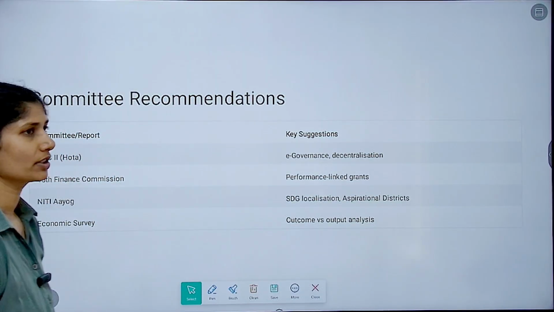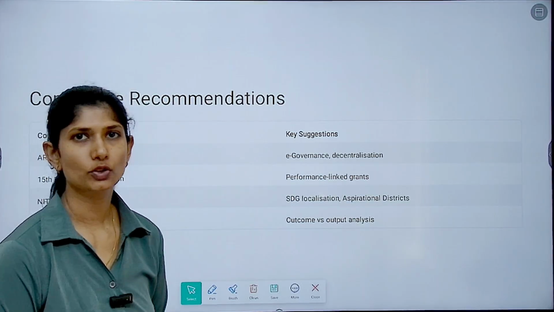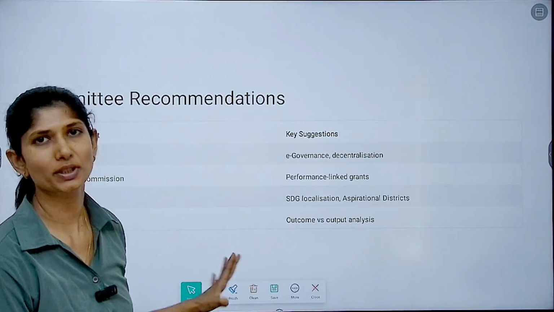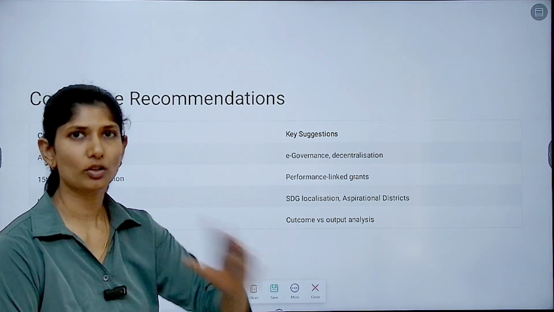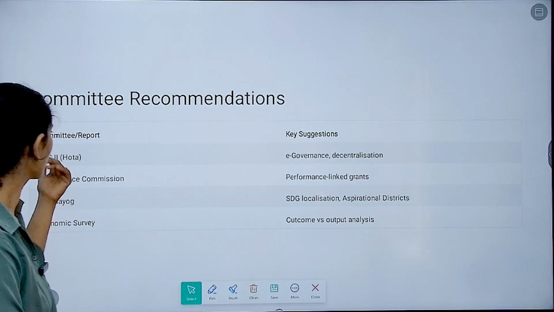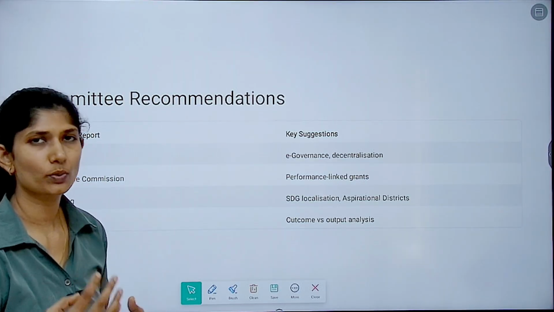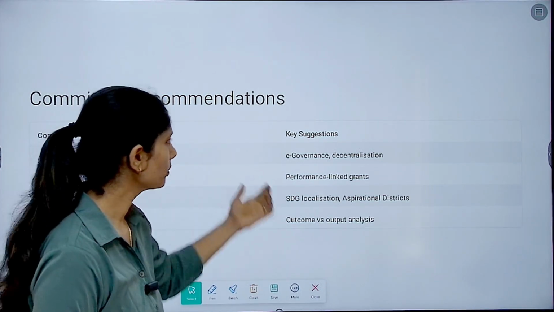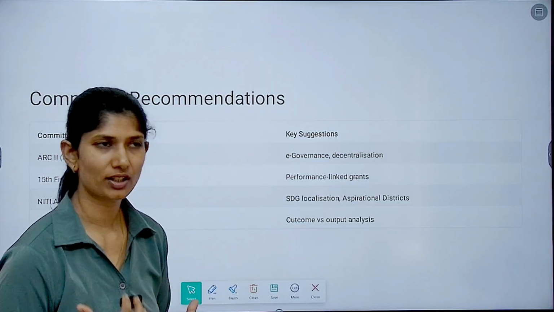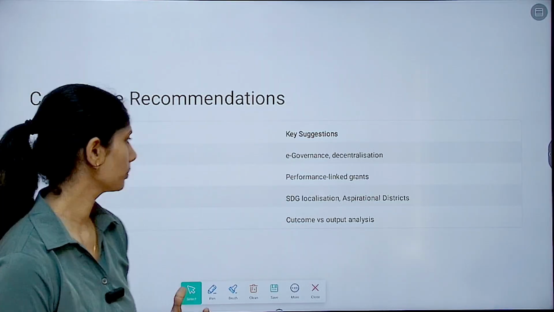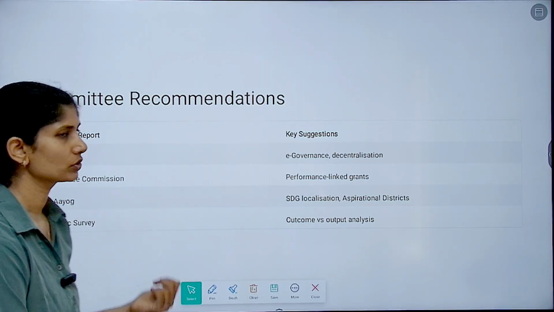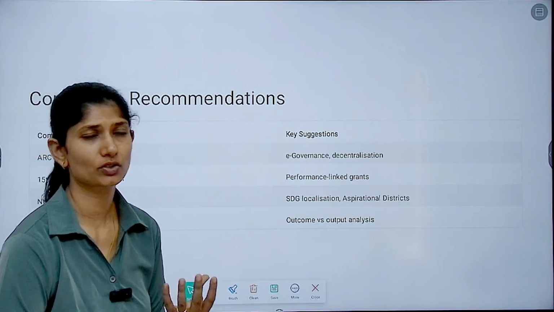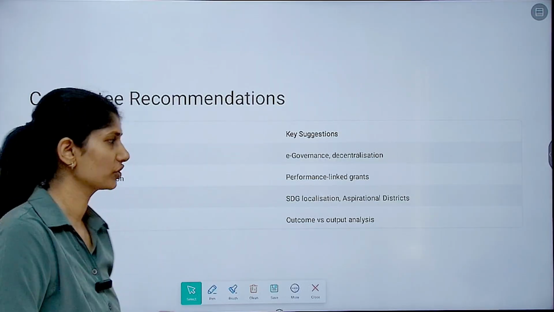So what are usually the committee suggestions with regard to policies that you can have for any scheme? See, let it be any scheme, but these are all the commonalities that we observe in the government schemes at large. So according to second ARC reforms, one of the ways we can make sure that policies are effective is you bring in e-governance, bring in decentralization, bring in multi-stakeholder approach. 15th Finance Commission has also given performance linked grants. So this will again increase the chances and reduce your center state friction.